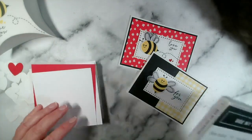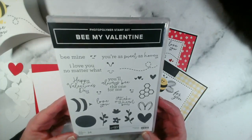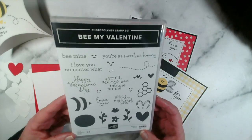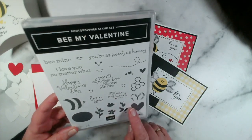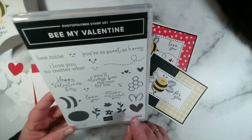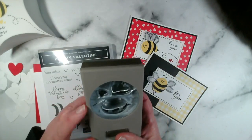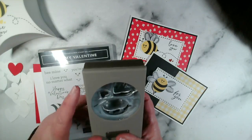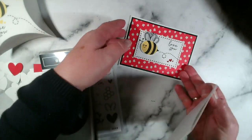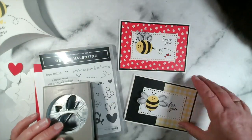This week we have been using the Bee My Valentine stamp set, as you'll see from the samples, and obviously this is designed for Valentine's, but you could also use the bee and the flowers for any occasion. And today I'm going to be using the heart and the heart shape from the coordinating punch, which is this one here. This punches out the bee, the wings and a small heart, but also you can use this wing shape as a heart in its own right,